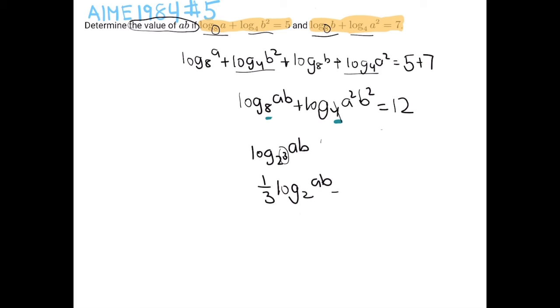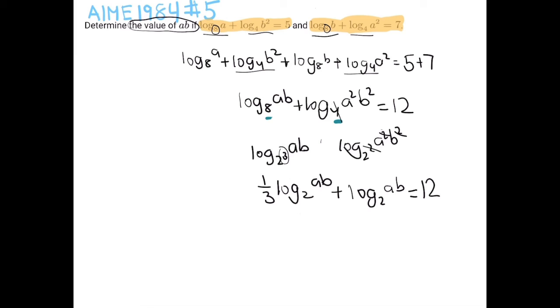Then we add log base 2 squared of a squared b squared. We have squared here, so we can cancel that out, plus log base 2 of ab,